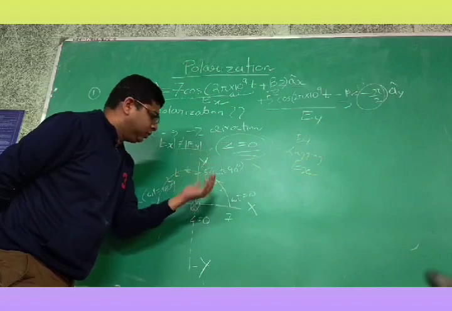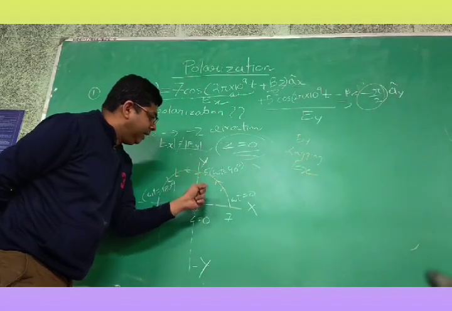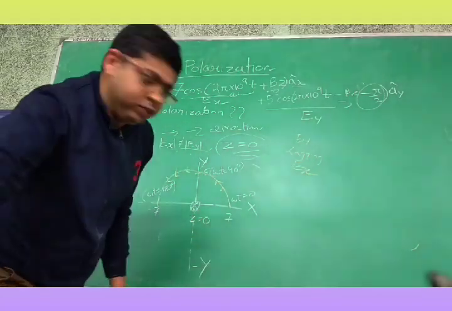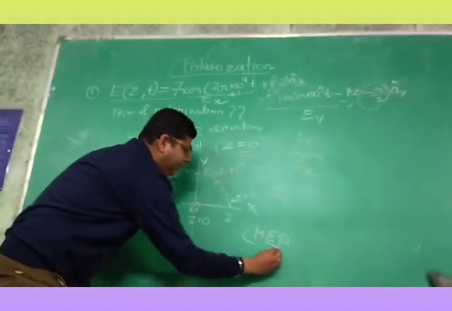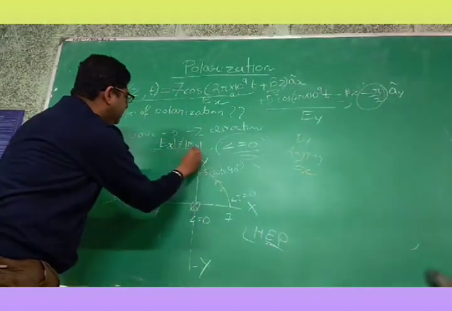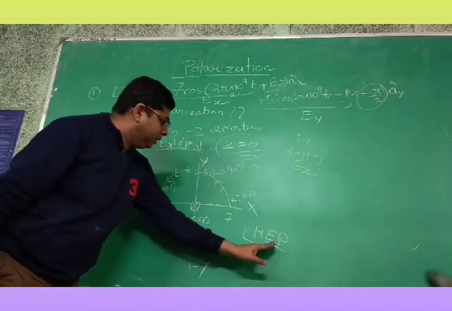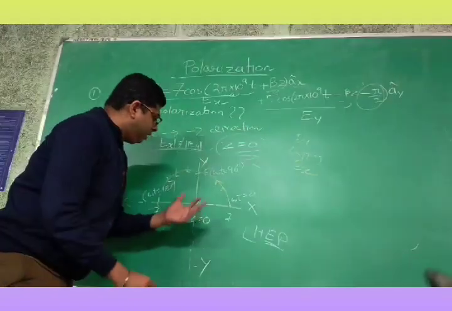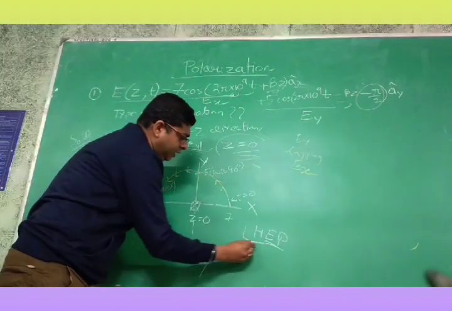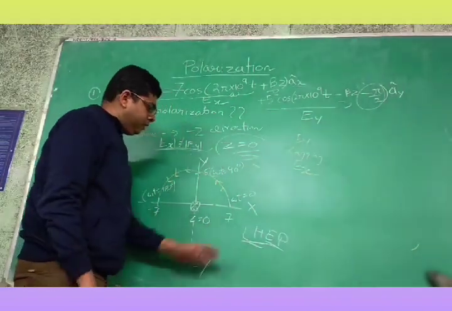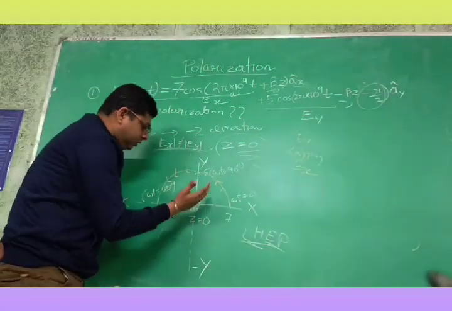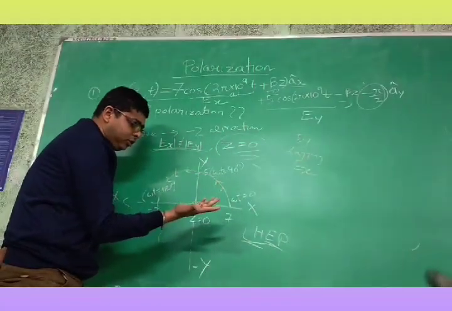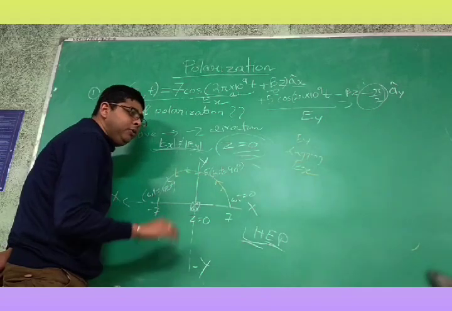This is my left hand, right? So this is left-handed elliptical polarization. Elliptical polarization, since these magnitudes are not equal, so elliptical, and in this way you can predict the direction: left-handed. Okay. We can do it with the right hand also, but we will see that it will not match with this